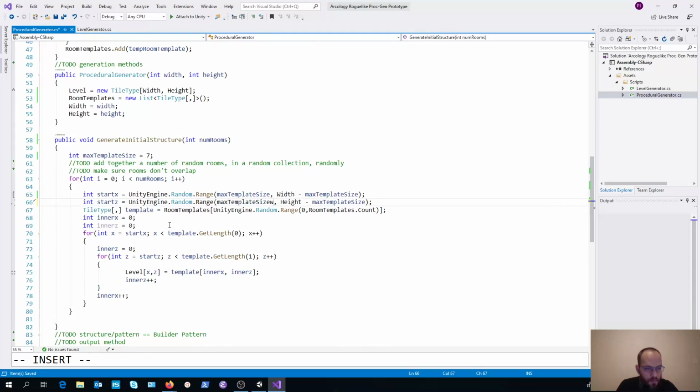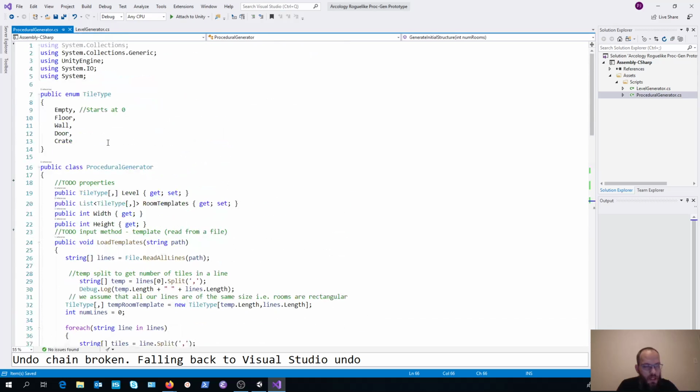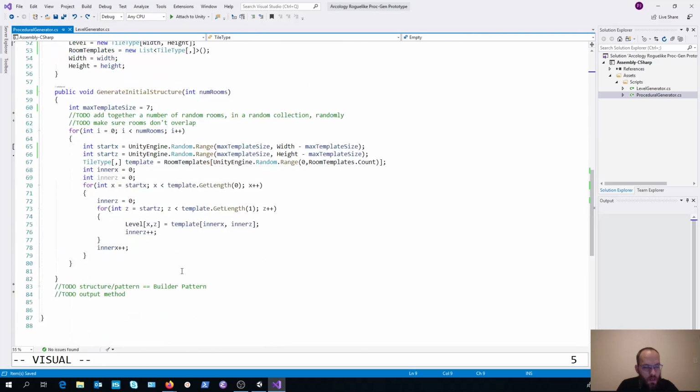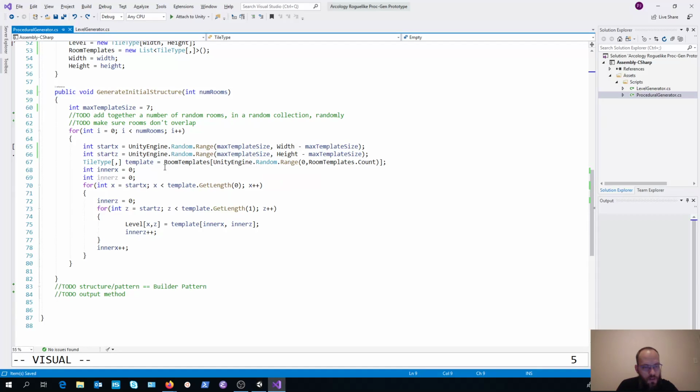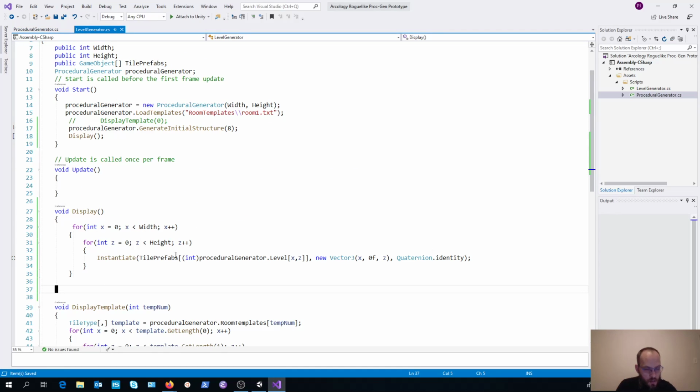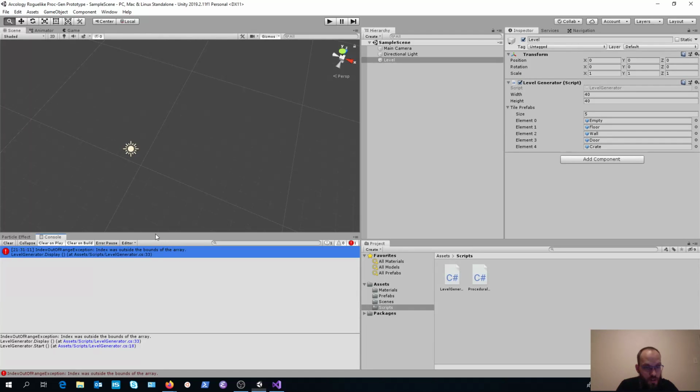I think this might actually be our empty tile that is going to be coming in useful over here, because as we are creating these levels, these rooms, we've got a massive 40 by 40 or whatever the size is that we've defined area that needs to be filled with values. If we then try and display it, if there's no value in our actual level, then our game doesn't know what to display.